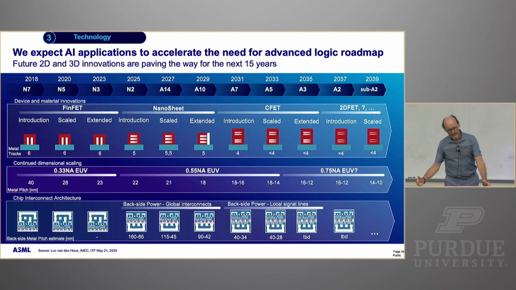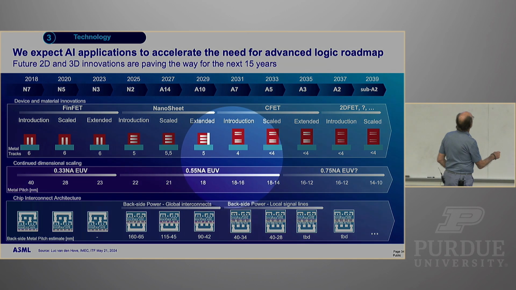You know what? If having the gate on 3 sides of the channel is better than on 1 side, then 4 sides must be even better, right? So why don't I take this whole stack, move it over like this, and now I have a bunch of sheets like this that it needs to control, that can each conduct electricity. That's the one that we have here now, these nanosheets.